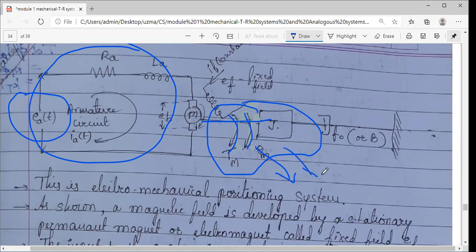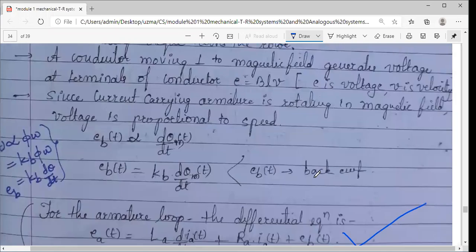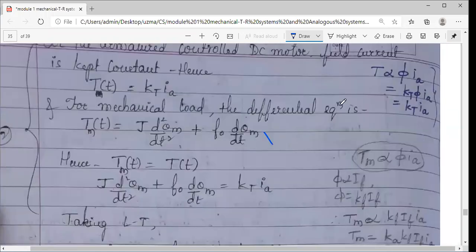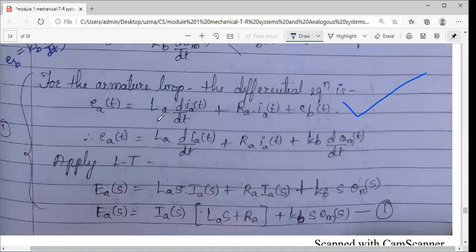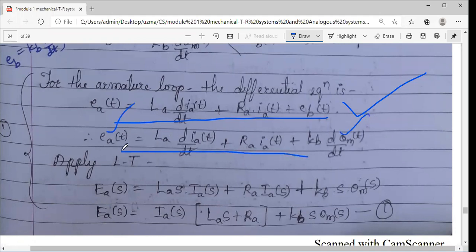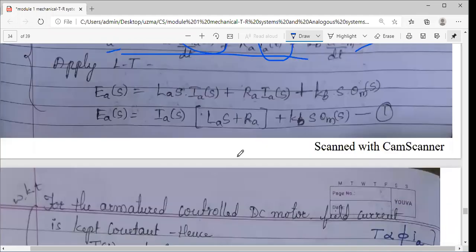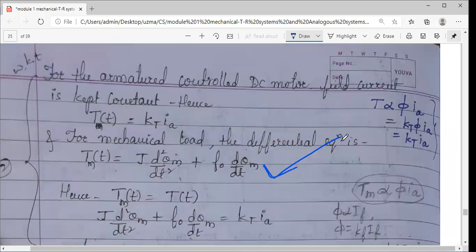So similarly, we will write the torque equation for this mechanical system. But since we want, you can see when we go for the differential equation for the armature loop, we will get IA and we have theta M. But as we want the ratio of theta M by EA, this IA term we want to remove. Some substitution I have to make, so that I can use this mechanical differential equation. But here also you can see there is a torque, there is a theta M, no current term is available.